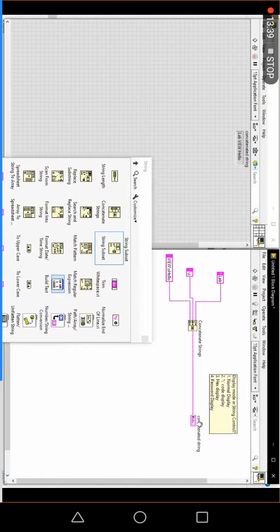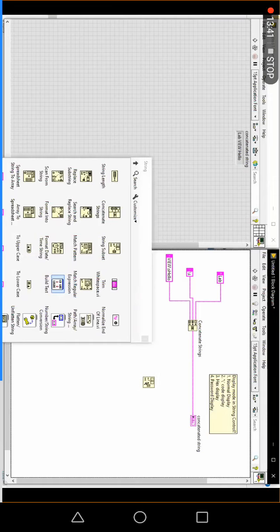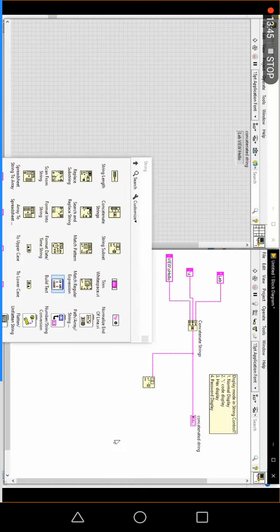My input I am providing over there as the input. What string subset will do is take a part of the string from the input string. That is a string subset.